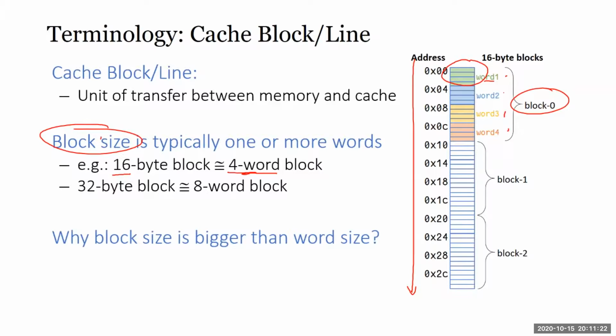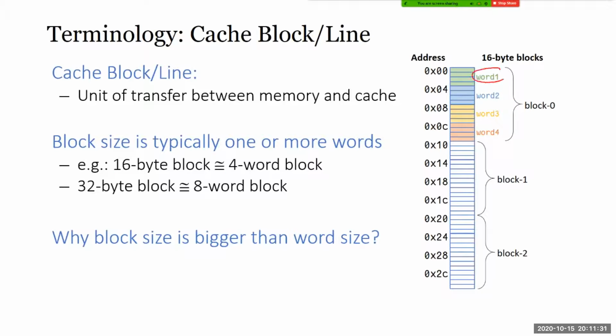So this is what we call a block. Why is the block size bigger than the word size? A word is typically an instruction, so you can think of one book as one instruction. We want to exploit locality, so we don't take instruction by instruction from main memory. We take one whole block at one time. Like I said, we don't just take one book at a time. If one book is one instruction, then you find yourself running back and forth all the time, correct?